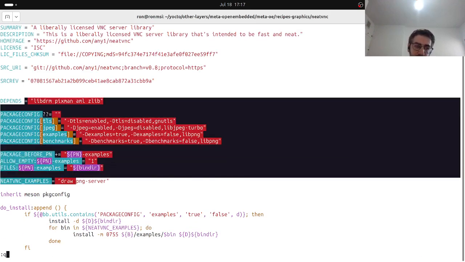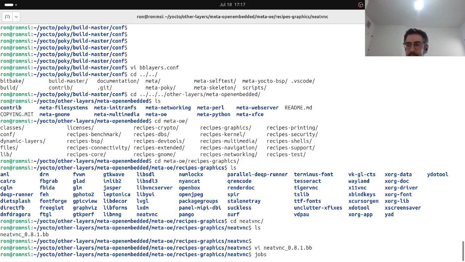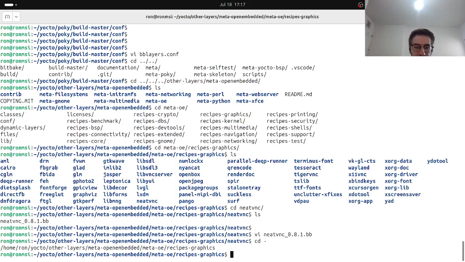So we use package config, and I can tell you that when you install this, you also need to add PAM in your features. PAM is a pluggable authentication module. It can be very, very annoying for all kinds of things like logging in, but I will not get into it in this video. And the reason I'm mentioning it is that,